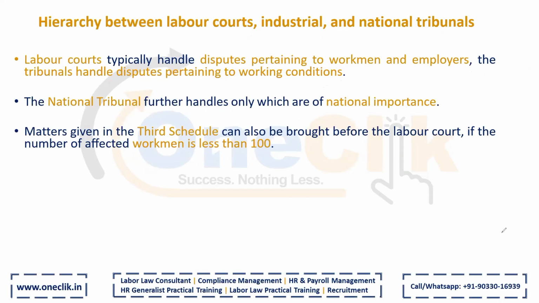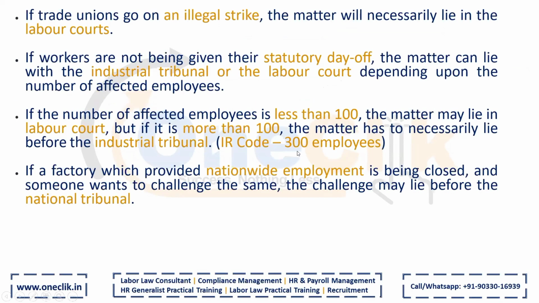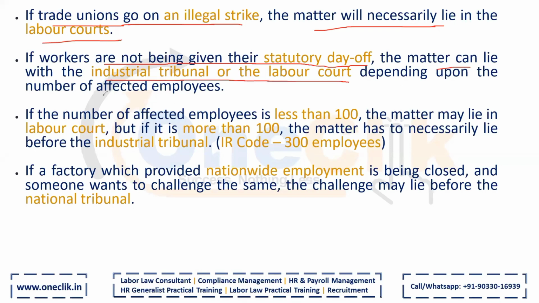तो ये तीन मैटर है, वो लेबर कोर्ट में कौन से जाएंगे, इंडस्ट्रियल ट्रिब्यूनल में कौन से मैटर जा सकते हैं, एंड नेशनल ट्रिब्यूनल में कौन से मैटर जाएंगे, राइट? Suppose a union, that is a trade union, goes on illegal strike, सीधा वो labor court में जाएगा. And if workers are not being given their statutory weekly off, the matter can directly go to the industrial tribunal or the labor court depending upon the number of employees. 100 से कम है तो labor court में जाएगा, 100 से ऊपर है तो industrial tribunal में जाएगा,